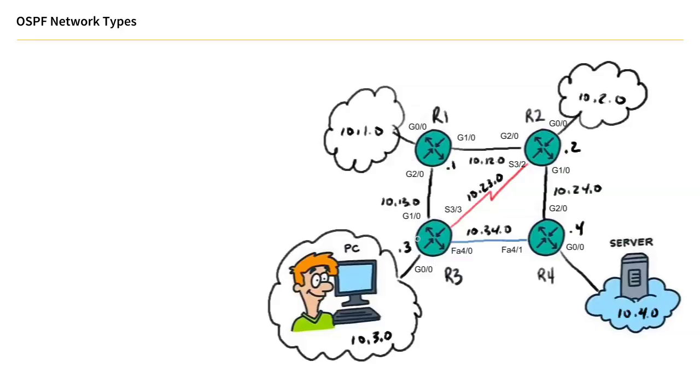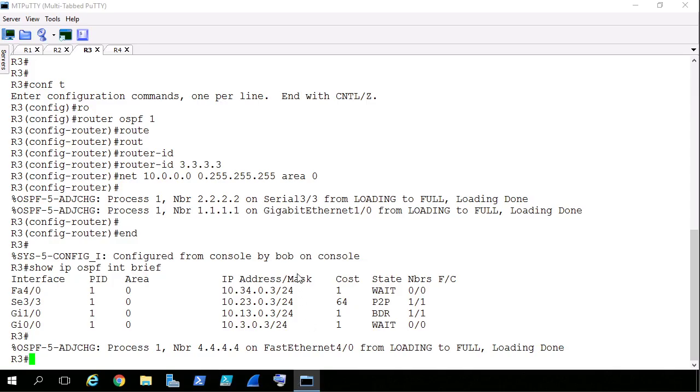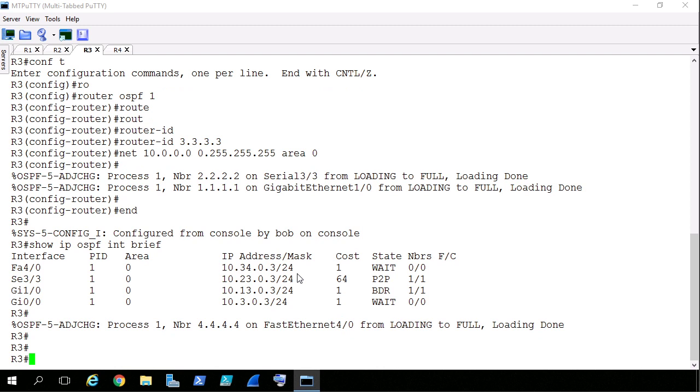Just so we know where we are on the topology, this is R3 right here, and I'm expecting on this serial interface, serial 3/3, that the interface type will be IP OSPF network type of point to point, and that's because of the encapsulation that's on that serial interface. That's the whole reason. So if we go up to that and we do on the right router, show IP,